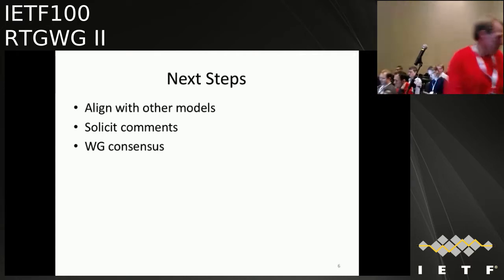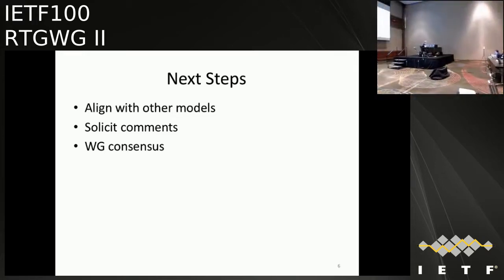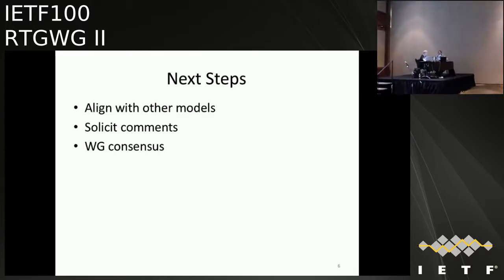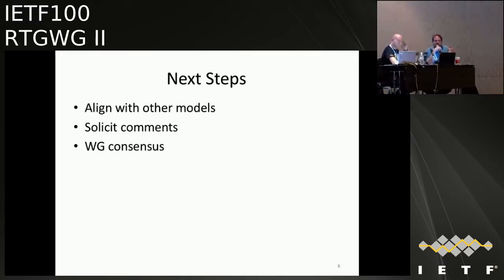So this is Chris Bowers speaking, one of the working group chairs, and I wanted to jump in. I think this model is actually a pretty good fit for RTGWG. That is, we're tasked with doing YANG models for standards work in the routing area for which there are no other working groups specifically tasked. Now, technically, one might think of ARP as not being in the routing area, but in the int area.